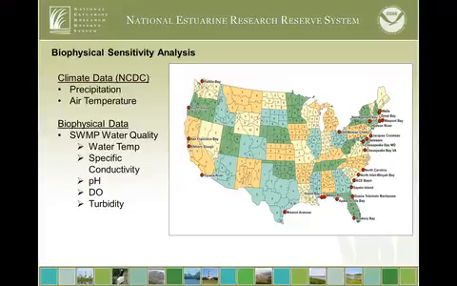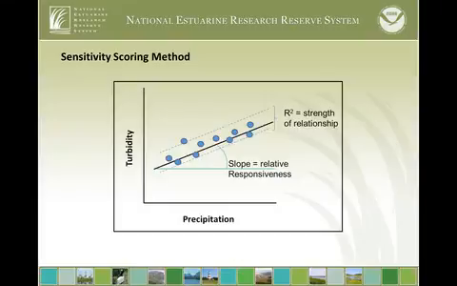Essentially, the way the biophysical sensitivity scores were calculated was by testing a statistical relationship between the climate data and the response variables, which in this case are all the water quality variables. And I'm not going to go into a lot of detail on the methods. You can go into the report and sort of dig that out. But essentially what we were doing was we would take